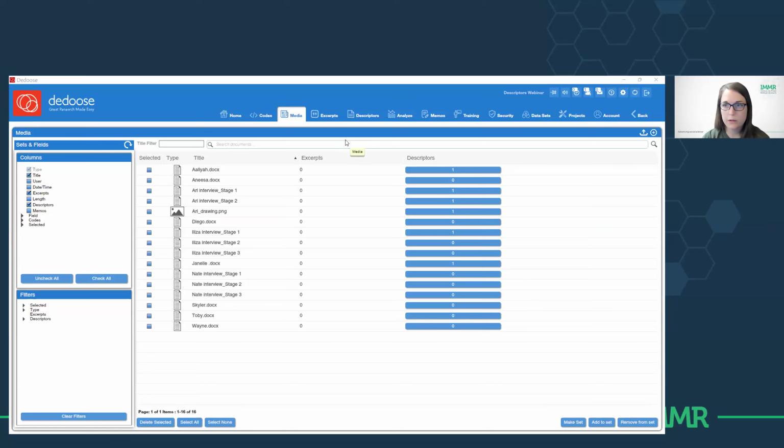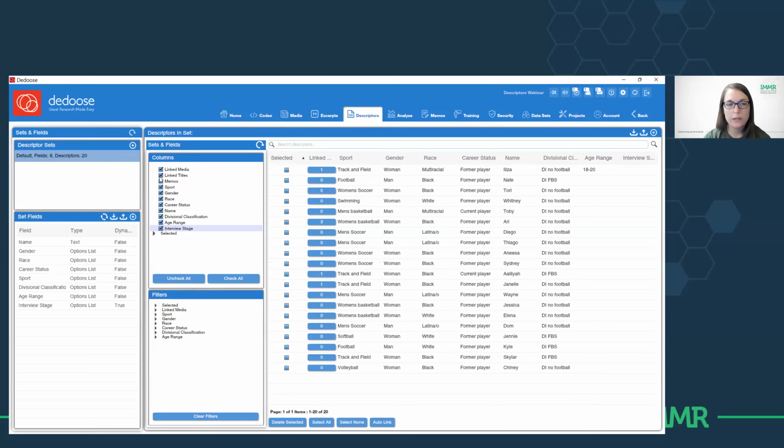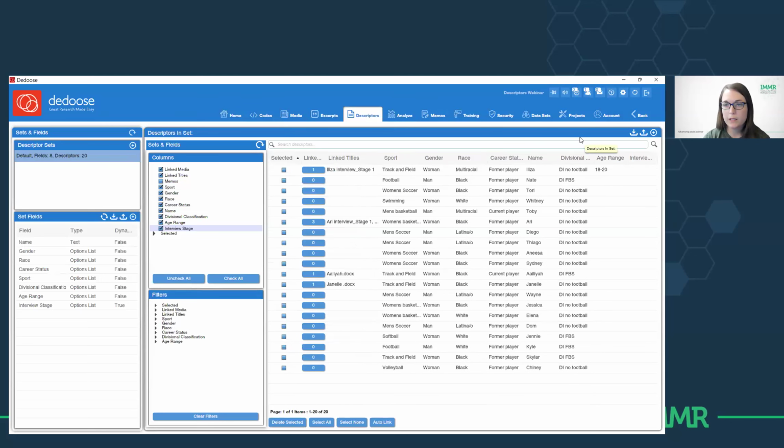Okay, I also wanted to go through a couple different options here. If you add more data as you go, or if you want to create a descriptor profile on the fly without importing it, there are a couple different ways to do that. If you go back to your descriptors workspace, and let's say we added a new participant here, and I need a new descriptor profile for them.